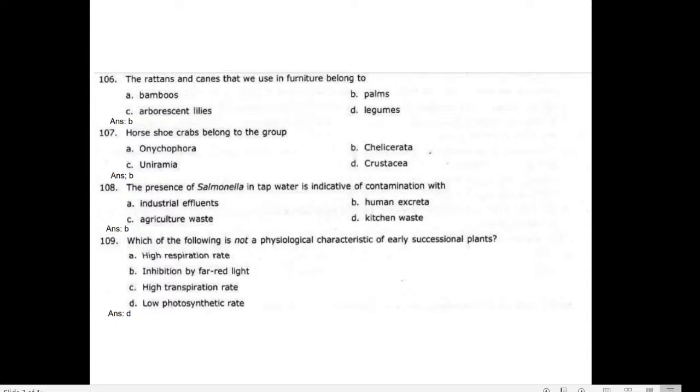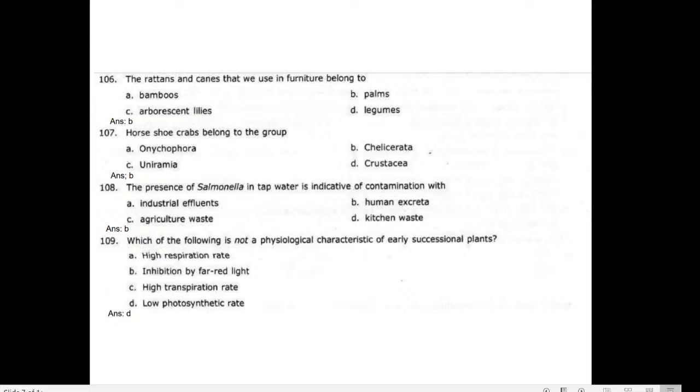Kitchen waste is vegetable waste and such things. In vegetable waste some Bacillus species are there. Agriculture waste means fibers are there, and fibers are utilized by Pseudomonas species. And in industrial waste we can see metal degrading bacteria.